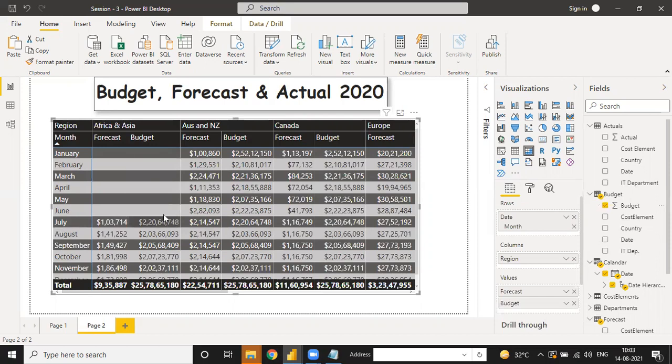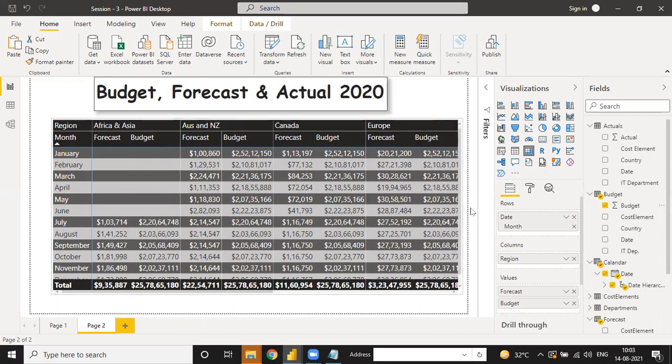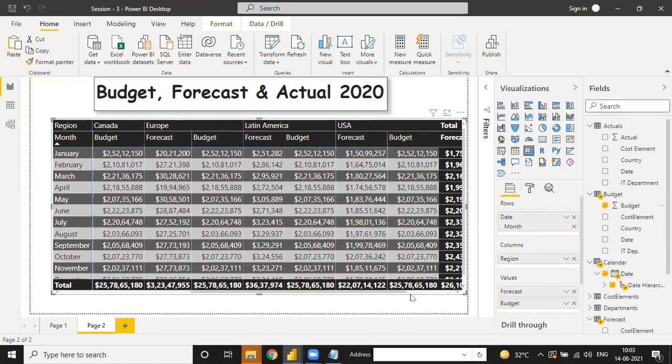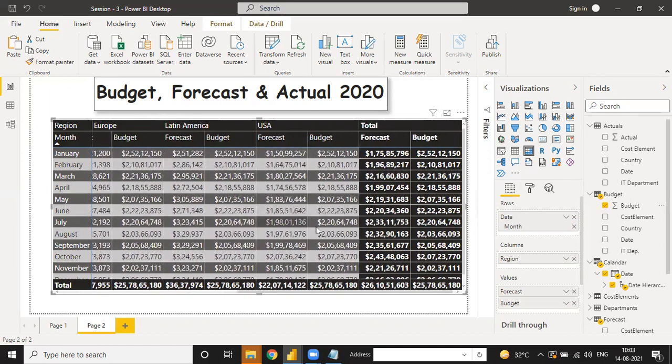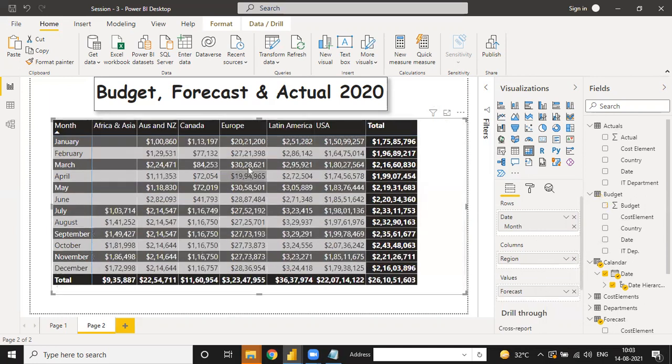See, the budget is the same for all the countries, but the forecast is not the same for all the countries. When you click over there, budget values for all the countries are the same, 220,64,728, but the forecast is not the same because the budget is maintained via year, via country. Okay, so when you click over there, suppose I remove the budget and only the forecast value is there.